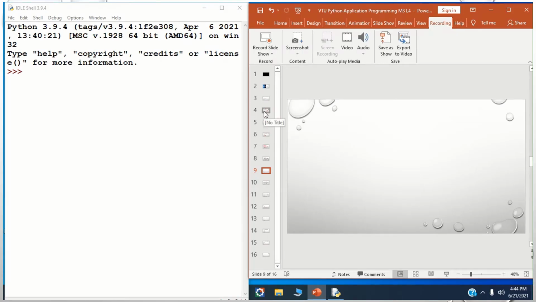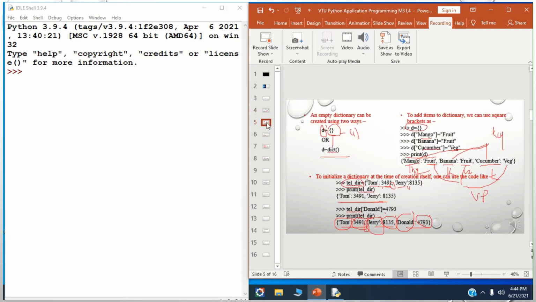Let's try all these things in the Python interpreter. If you want to create an empty dictionary, first we have to specify the dictionary variable name. I name it d, equal to, and just open the curly braces. This instruction will create the empty dictionary. If you want to check the class, just type